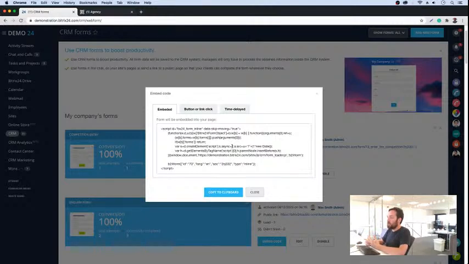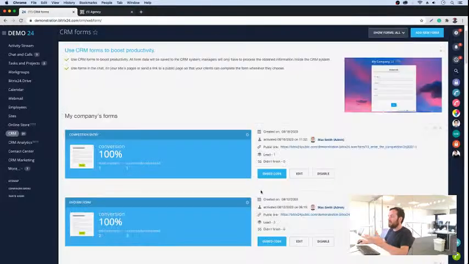If you're using a Bitrix24 site, which I'm going to come to in a little bit, we have a question about that, you can actually integrate it seamlessly without having to use this embed code. So it's quite easy to add a CRM form on a site. But going back to the question, it was just with regards to how can you trigger different automations based on